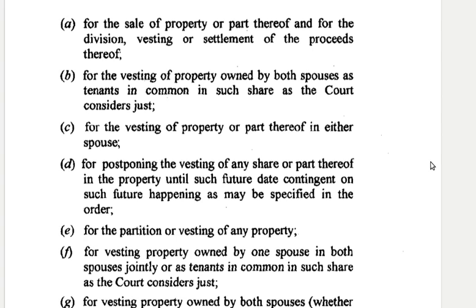All right. B, for the vesting of property owned by both spouses as tenants in common in such share as the court considers just. C, for the vesting of property or part thereof in either spouse. I looked up the meaning of vesting of property,